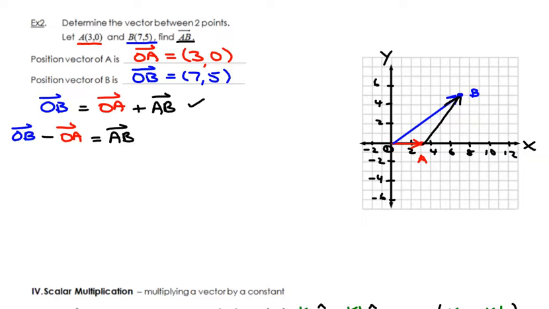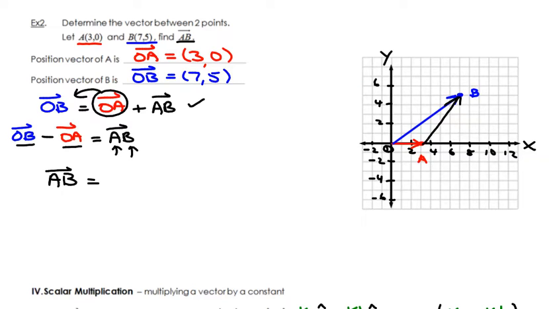What I can do is solve for AB by moving this over to the other side, and it becomes a negative. Notice that in order to find AB, I'm subtracting B and A in that specific order. You take the second letter first, then subtract the first letter. So if I were to write this out,